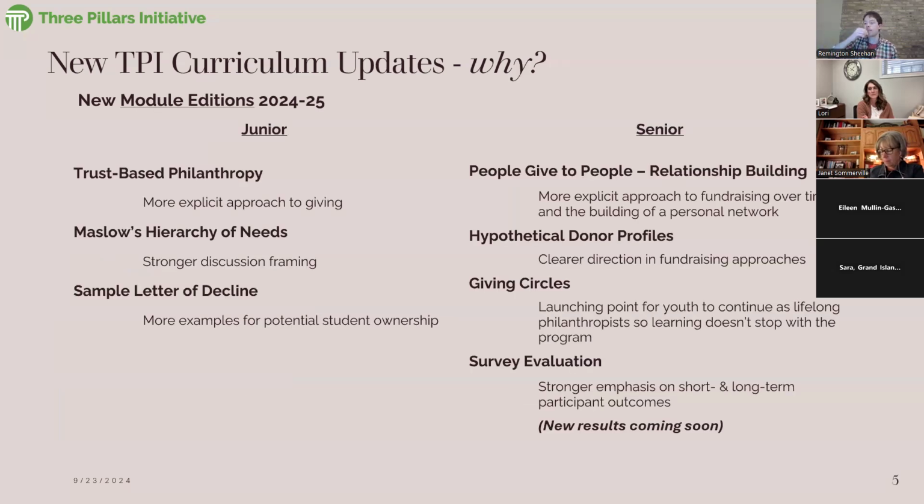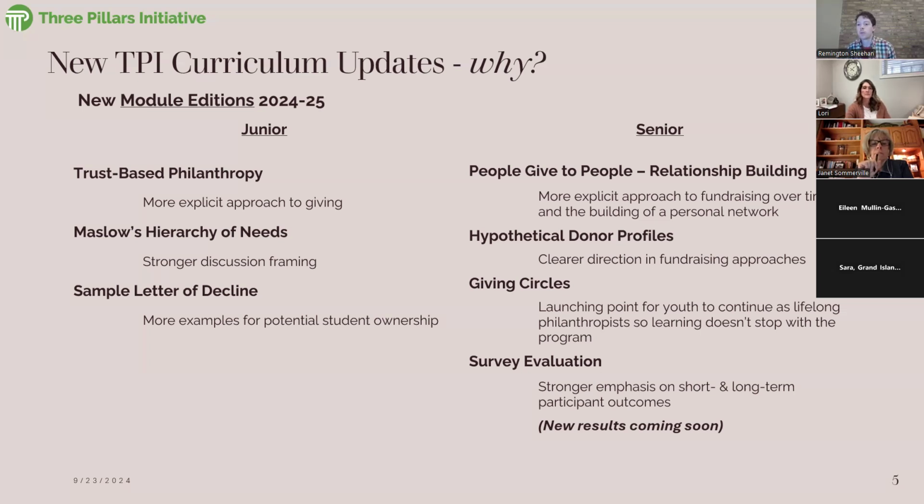So for the junior year, we changed it to have more trust-based philanthropy. We had the actual terminology of trust-based philanthropy included in the junior curriculum this year, which is not something we had in the past. We pretty much have always had the processes that are included in trust-based philanthropy in our curricula in general. That's always been the approach, to create this connection between the givers, the students that are in the program, and then the community, building this relationship, understanding the subversive nature of giving youth money like this.